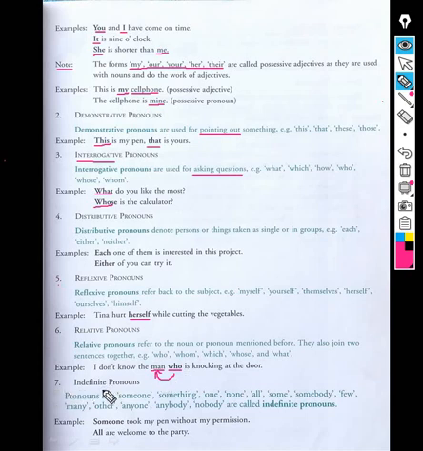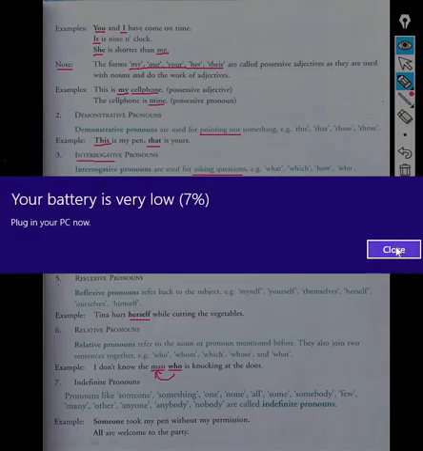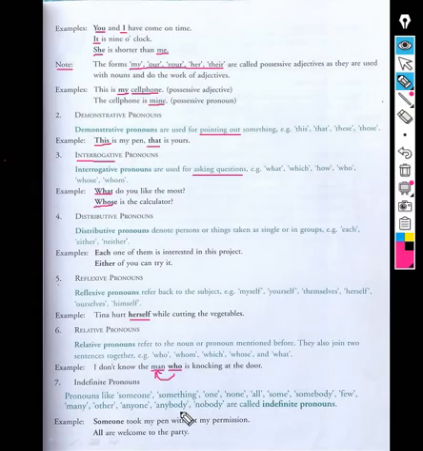Number 7, indefinite pronoun. Pronouns like someone, something, one, none, all, some, somebody, few, many, other, anyone, anybody, nobody, they are called indefinite pronouns. They are not definite, opposite of definite. They are not proper pronouns, but they are indefinite. You can say they show